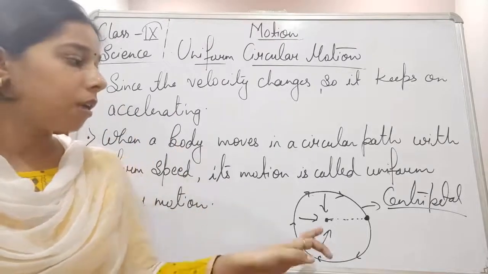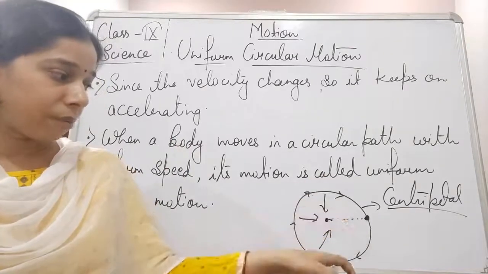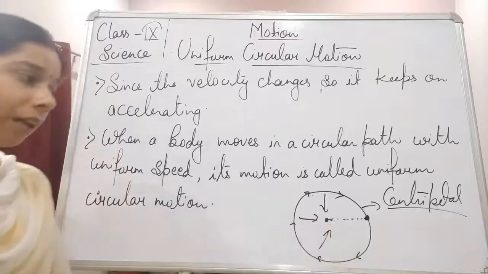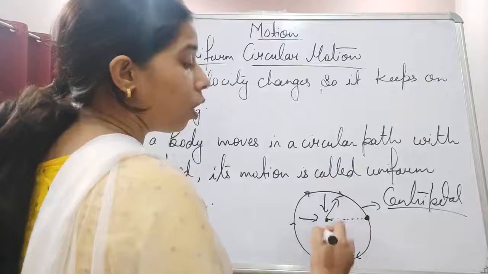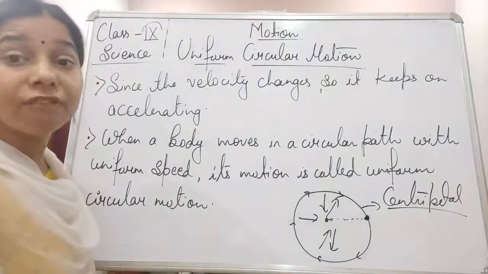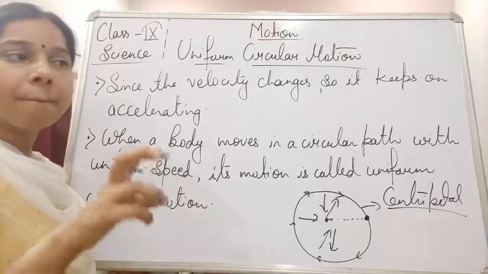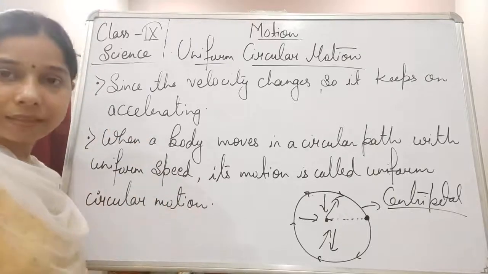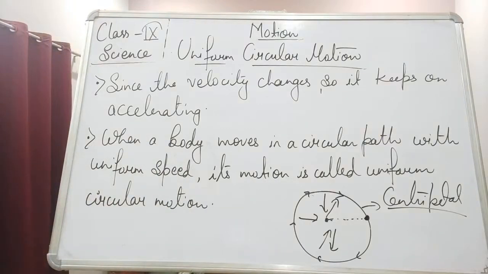If they are continuously moving in a circular motion, why do they not fall down? It is because a force is there. They are actually exerting a centripetal force, and another force is also there, exerted from the center towards the edge, which is called centrifugal force. These two forces help in balancing the cycle, so that the person does not fall down.